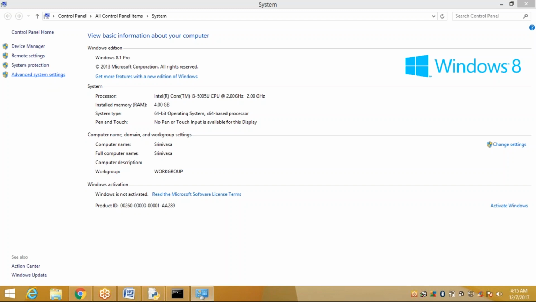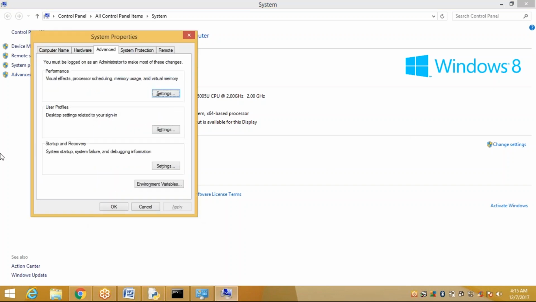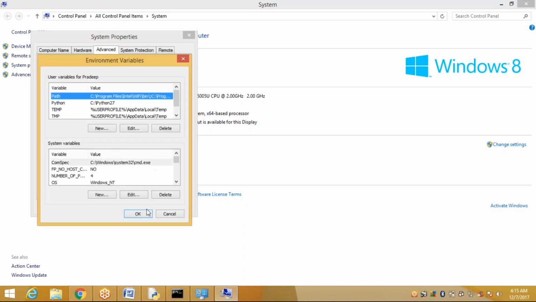If you have administration, give your password, click on advanced. In it we have environment variables. In the system variables, identify whether it is available or not. If it is available, okay. If not, you can write it, or at the time of installation of the software, you can give the local path.